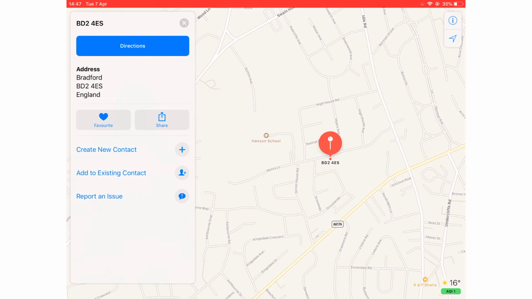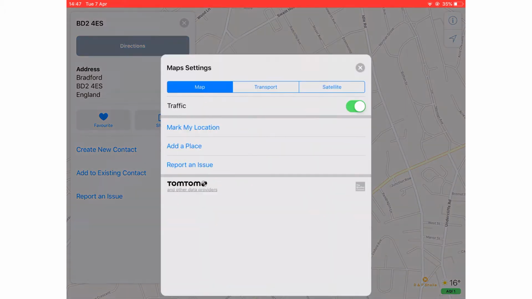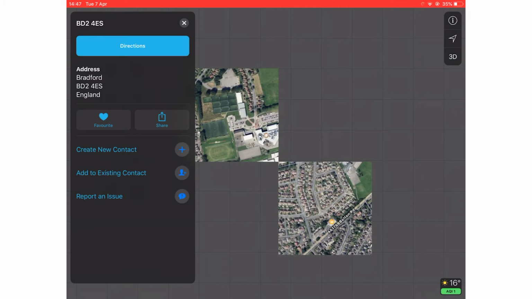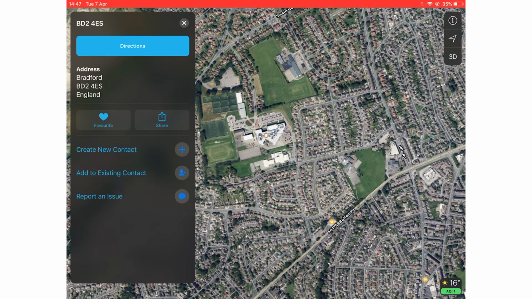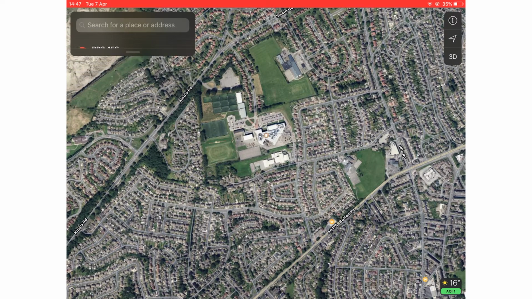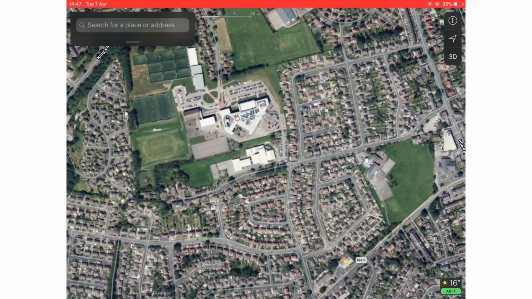And then you can see here that at the moment it's not in satellite. So what I need to do is click on the top right where there is the little i, and I'm going to click satellite. And then I'm going to X off that, and you'll see that my map is now satellite. I'm going to click X there so I can see bigger, and I'm going to scroll up like that. Then I'm just going to zoom in,